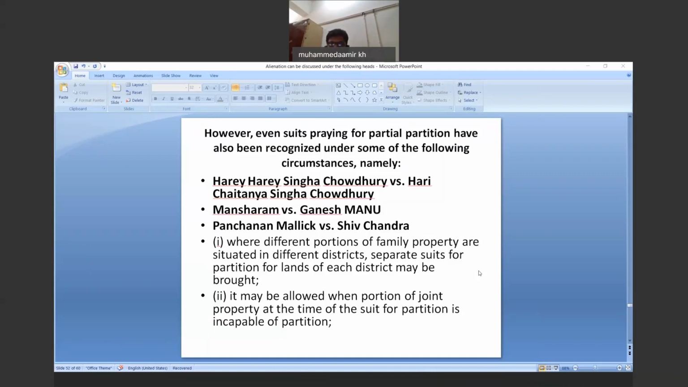In these cases it was held, and these principles came into existence, that where different portions of family properties are situated in different districts, separate suits for partition for the land of each district may be brought. It may be allowed when the portion of the joint family property at the time of the suit for partition is incapable of partition,